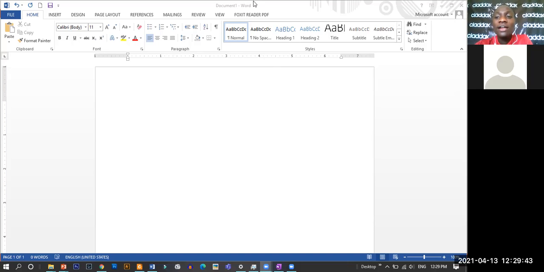So let's go and do what we call text formatting. So to start typing in Microsoft Word, you just have to locate where you have your cursor, and anything you type will be revealed on the workspace. So if I say this is just a test for testing, now I've typed something here, and this is